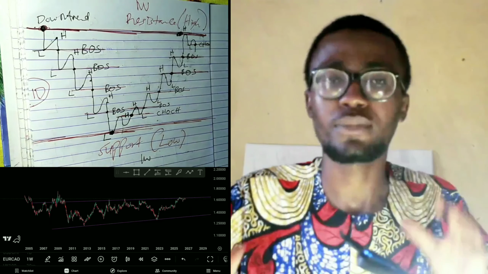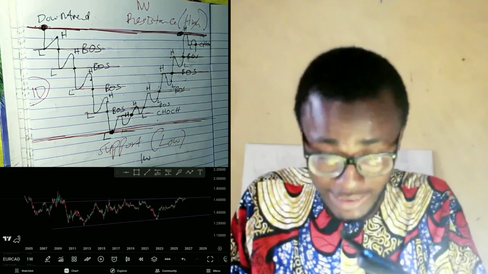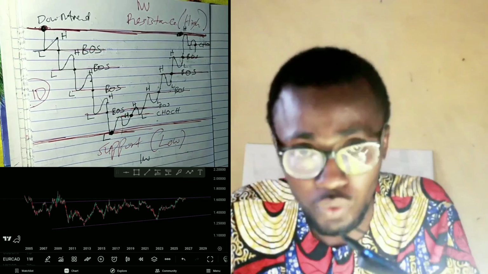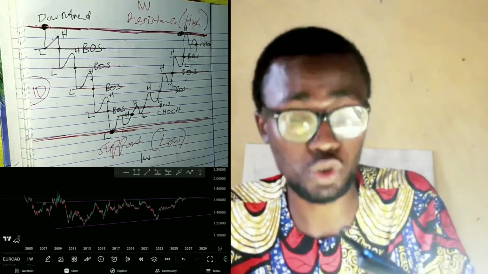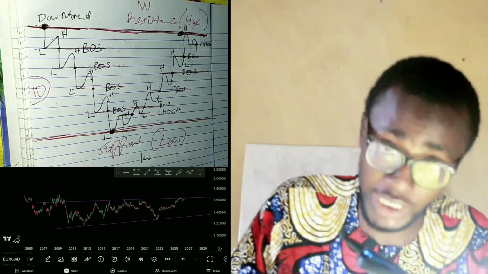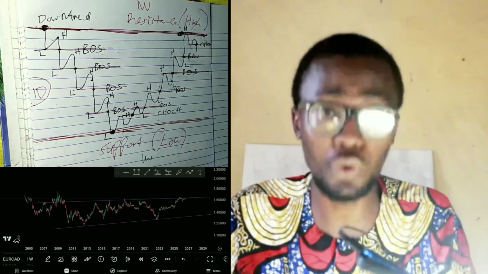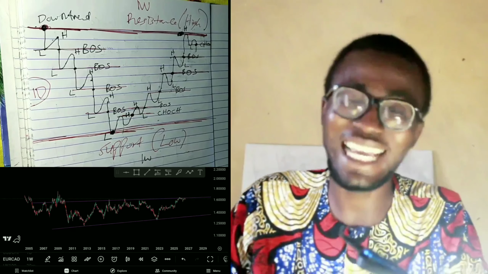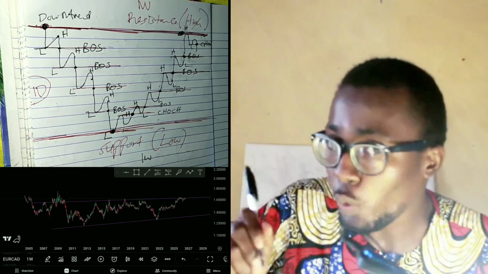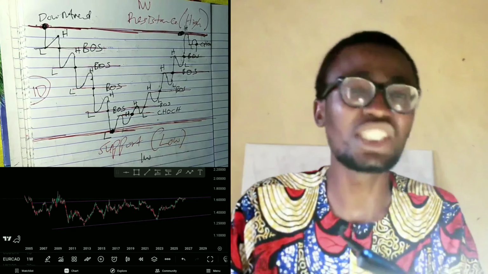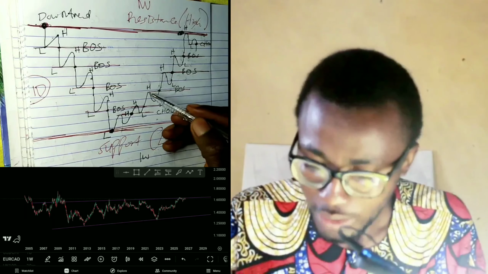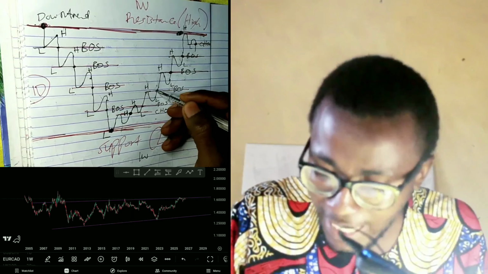So in an uptrend, when the high is broken, it's called break of structure. In an uptrend, when the low is broken, it's called change of character. Look at this, this is an uptrend. As it's going up, it's an uptrend. This is a high. When this high is broken here,